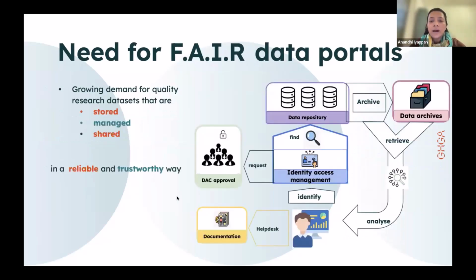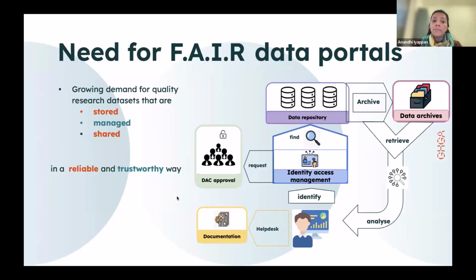What we saw so far is about open data portals. Right now, I'm going to talk a bit more about FAIR data portals. So what is the difference between open data portals and FAIR data portals in general? Data portals are definitely designed to store data, but as Karo also mentioned, data can always be nasty, dirty, and not properly standardized. So there is always a growing demand for quality data sets that can be produced, stored, and managed.